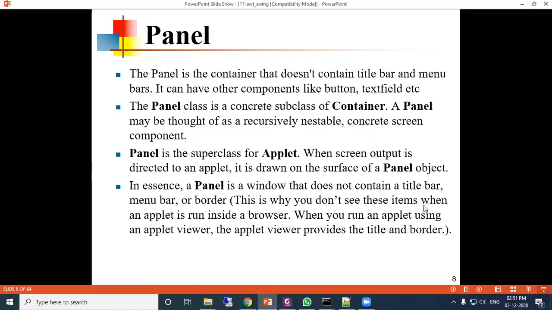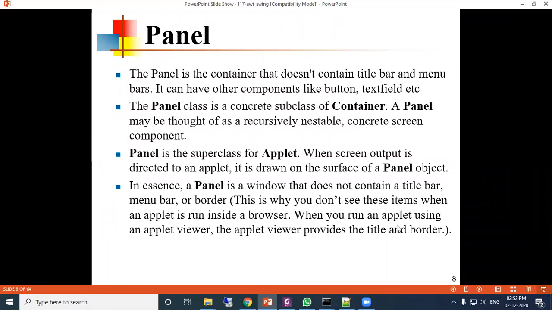This is why you do not see these items when an applet is run inside a browser. When we are running any applet in a browser, because there is no border, no title, no menu, it is invisible.